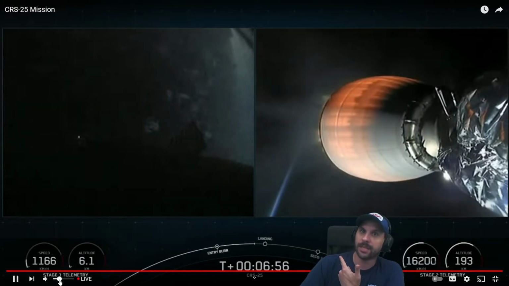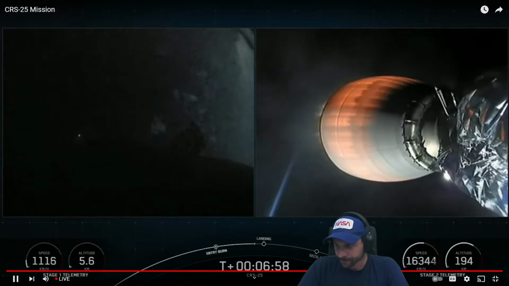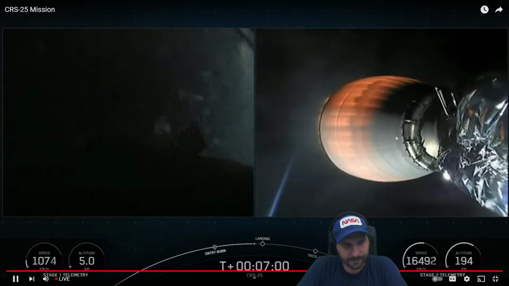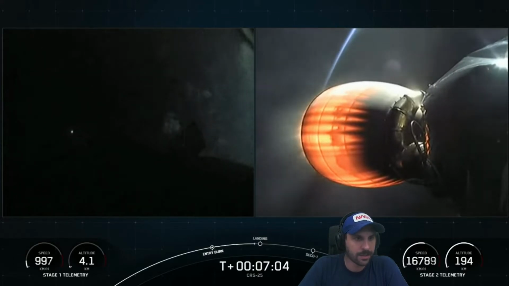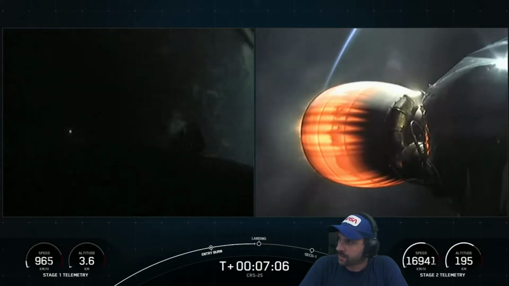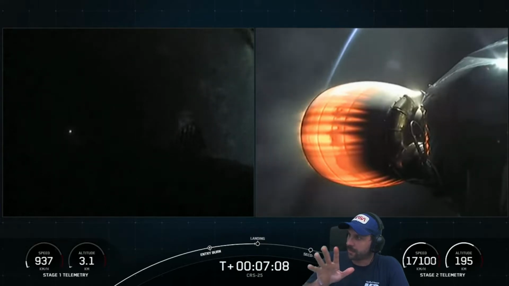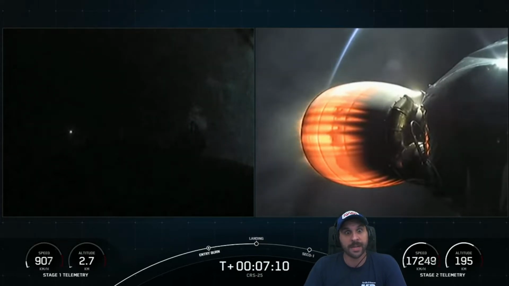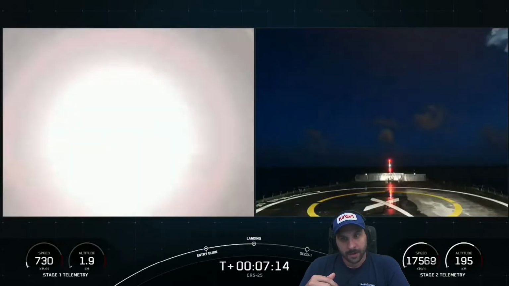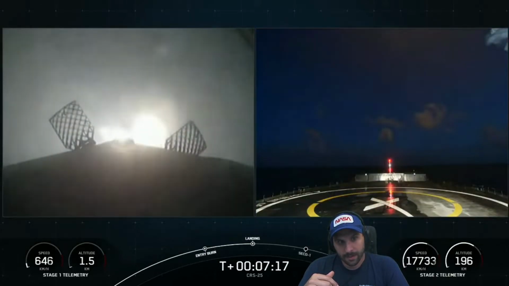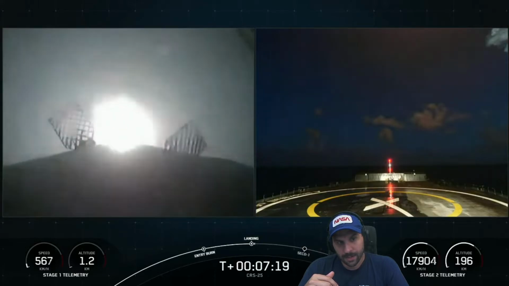So, first stage should be coming in. I am going to key the audio back on. So we should see some re-entry heating coming up here shortly. It's kind of hard to see it, but the first stage is definitely shaking around. It's coming back down to the atmosphere and starting to get into the denser parts of the air. Speed on the left-hand side of your screen, that's the velocity of the first stage. We're going to see that come all the way down to 0 on the right-hand side of your screen.